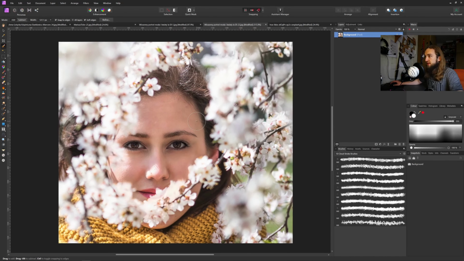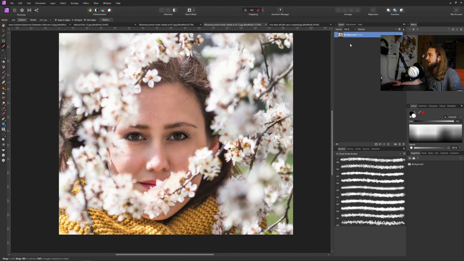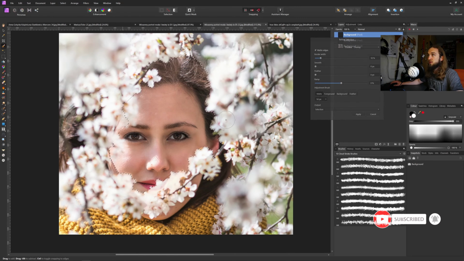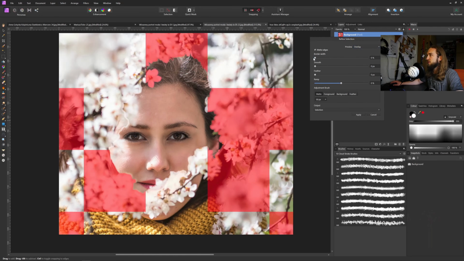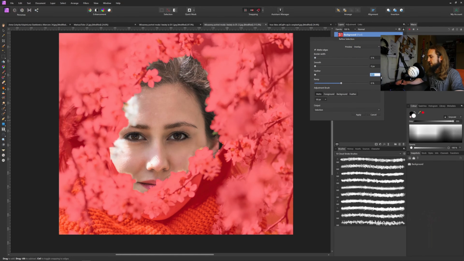So our second portrait will be one of Ella's, and let's do the same. Just copy the background layer twice. I won't be renaming the layers, just simply go in and do it roughly as they say. We selected our main subject, we click refine, set the border width to 0, feather out, let's go with 500,